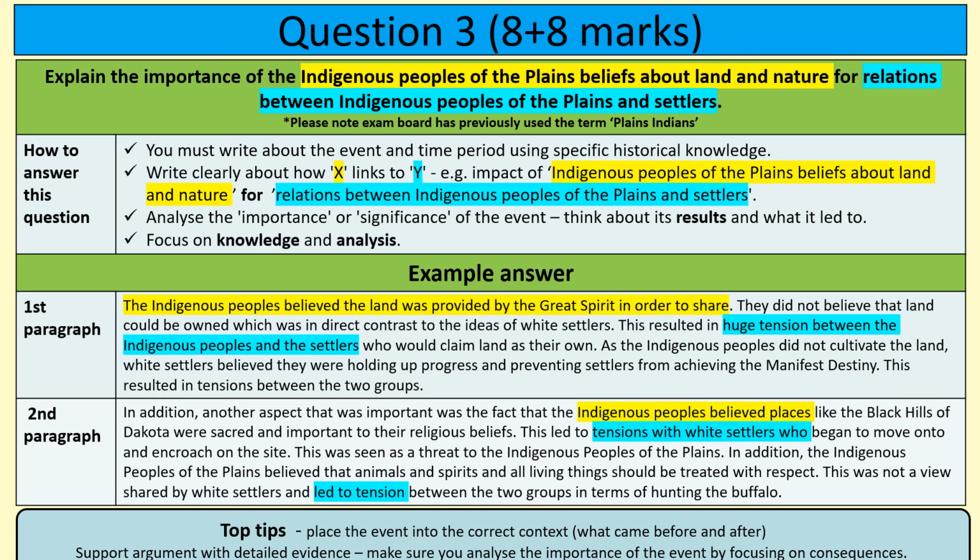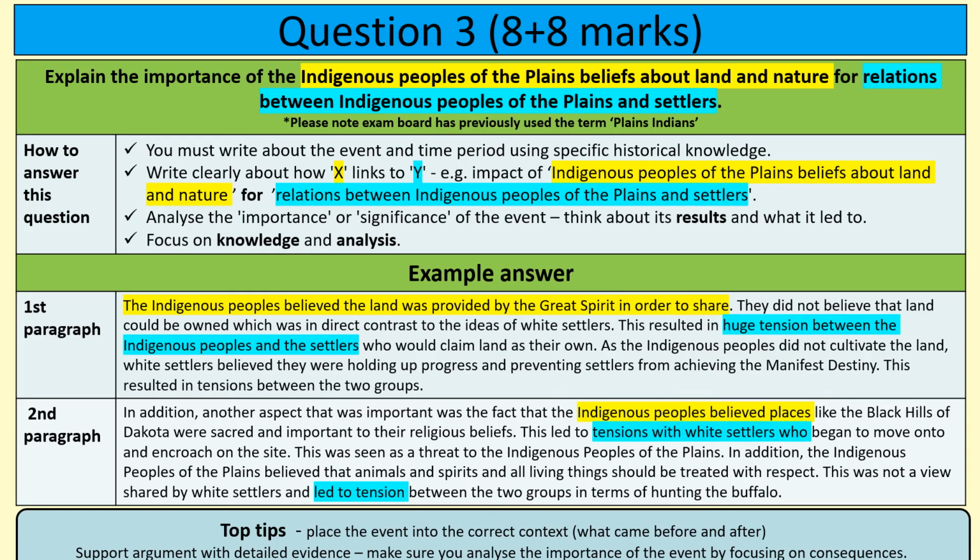This resulted in huge tension between the indigenous peoples and the settlers, who would claim land as their own. As the indigenous peoples did not cultivate the land, white settlers believed they were holding up progress and preventing settlers from achieving their manifest destiny. This resulted in tensions between the two groups. Second paragraph. In addition, another aspect that was important was the fact that the indigenous peoples believed places like the